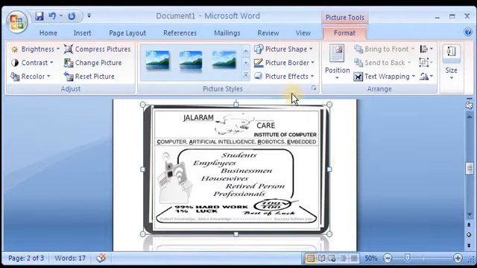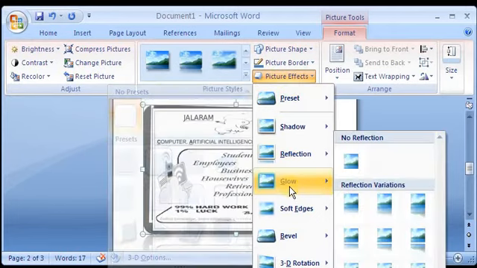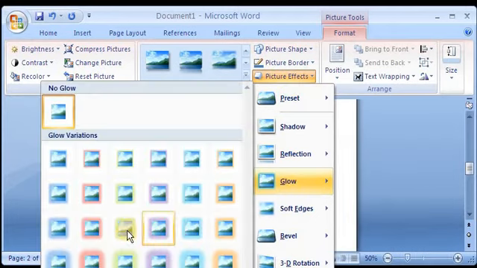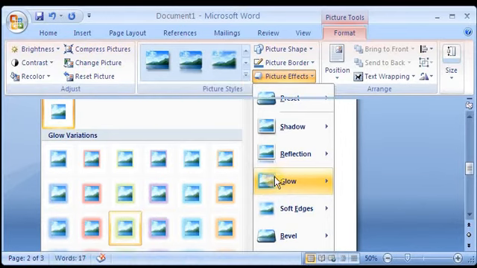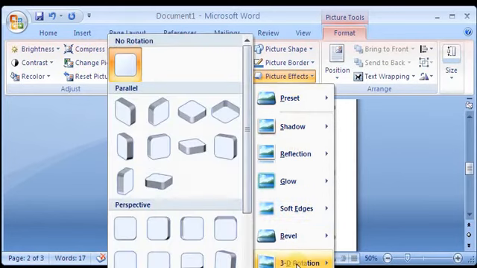So I'm changing with this one. More design looks are available. I can't show you all the things together. You must try it out. This will be more interesting to learn and make your document more attractive.